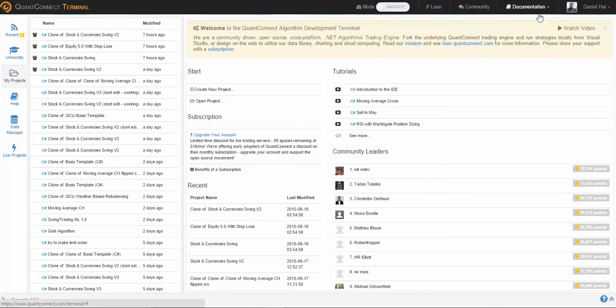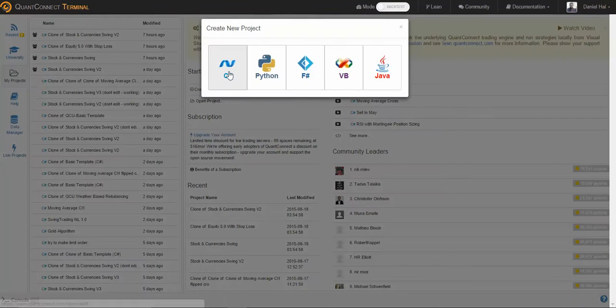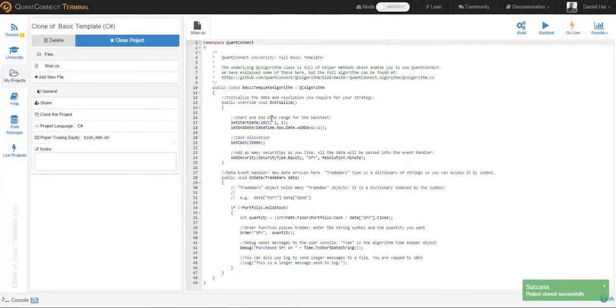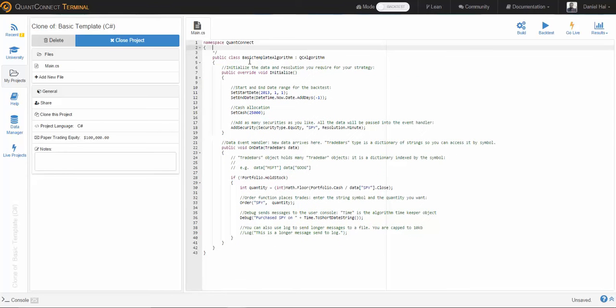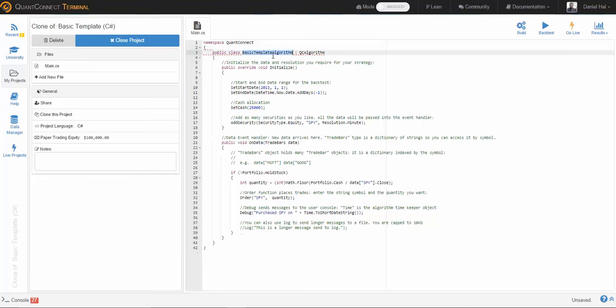And we can start here by creating a new project. We will use C#. Now QuantConnect will give you some basic algorithm here, which is basically our working template. So you can follow step by step and we will make our own algorithm. So the first thing to do would be to change our algorithm name, and we will call our algorithm Swing Trader Pro,